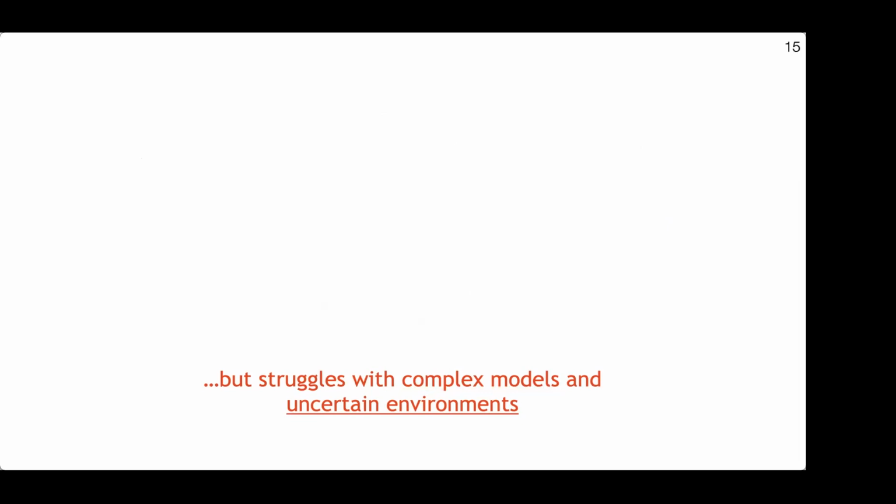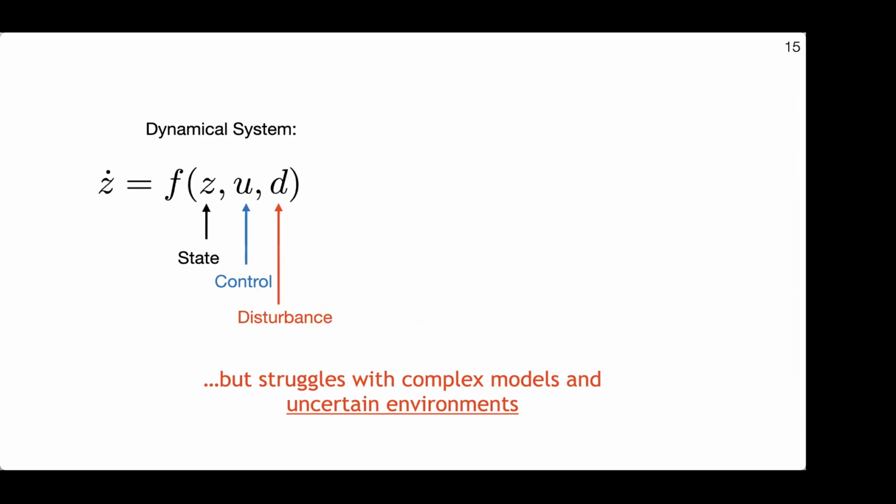We also struggle with uncertain environments, and this again comes back to the computational problem. There are some ways in which we really can deal with uncertainty. So I mentioned here that we can model uncertainties as a disturbance to the system and ask if the wind is the worst that it possibly could be today, as I'm trying to navigate with my drone, under what conditions will I still be able to achieve my goals safely? Or if my mass is different than I expect, under what conditions will that be fine? However, I need to be able to bound that. I need to know what is the worst case that the wind could do.